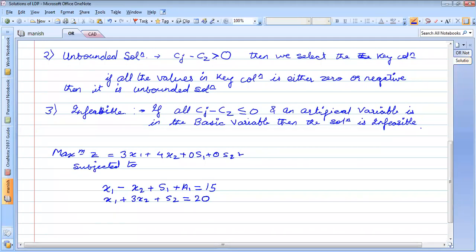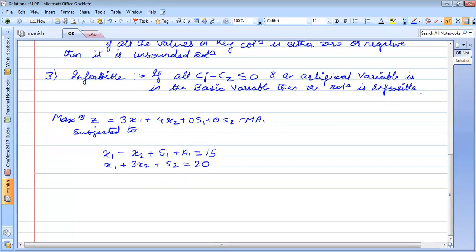Since this is a maximization problem, it will be minus m a1.